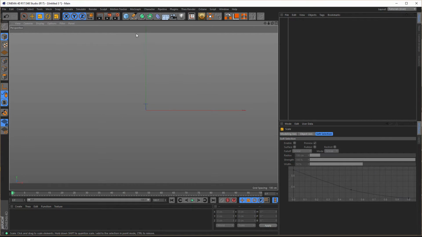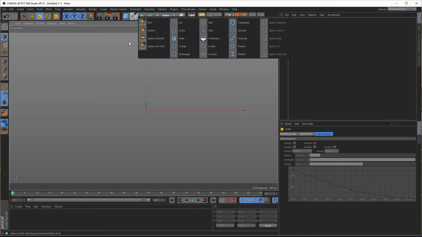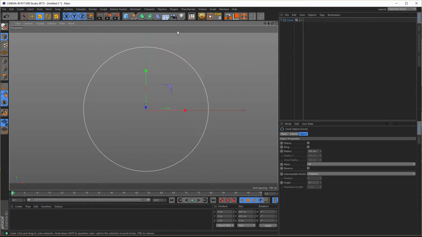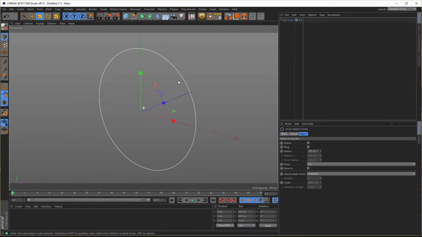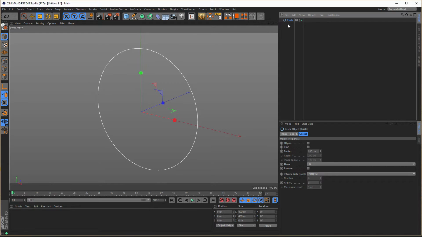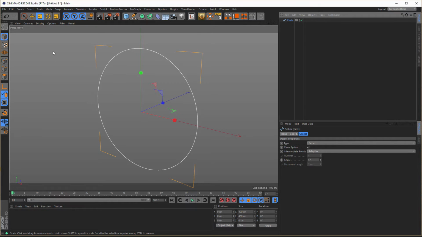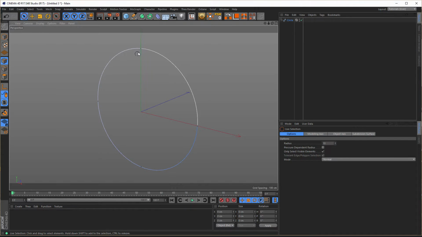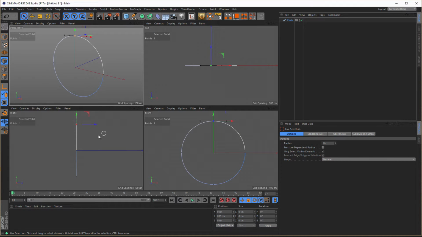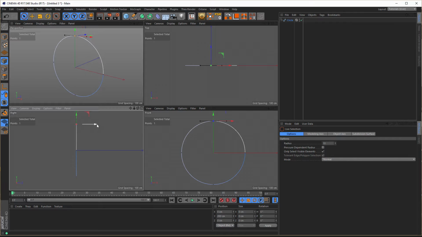Good, we start with a circle spline. Okay, this spline we make editable, so press C on your keyboard or here on this symbol. Now go in the point mode and select this point, and in the side view we see what we need and just drag it